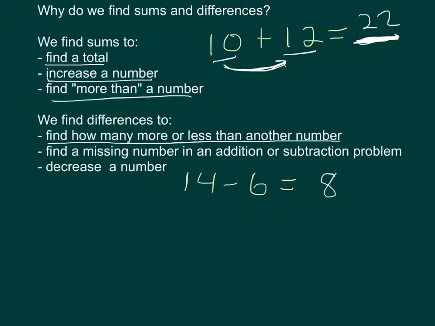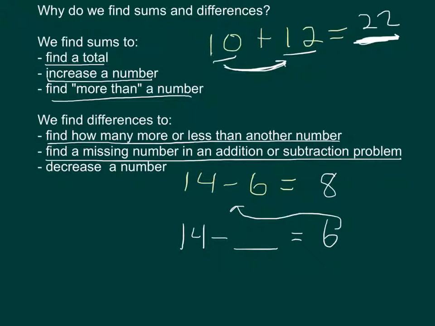We also find differences to find a missing number in an addition or a subtraction problem. So 14 minus what number equals 6? To figure that out, you would do 14 minus 6. So I'd subtract these two numbers. Subtracting those two numbers tells you what number goes here. So 14 minus what number is 6? It's 8. So if you have a missing number, subtract the other two numbers and it'll tell you what the